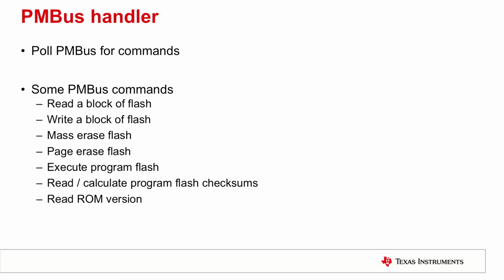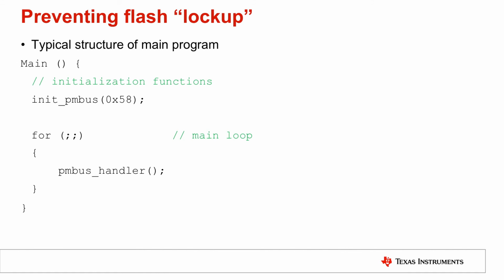Using this command, we can execute the code in program flash when we are in ROM mode without writing to either checksum when we are programming the device. We recommend not writing either checksum and using this command during code development, as it ensures that the flash does not become locked. Now I will illustrate how the flash can become locked, which means it can no longer be